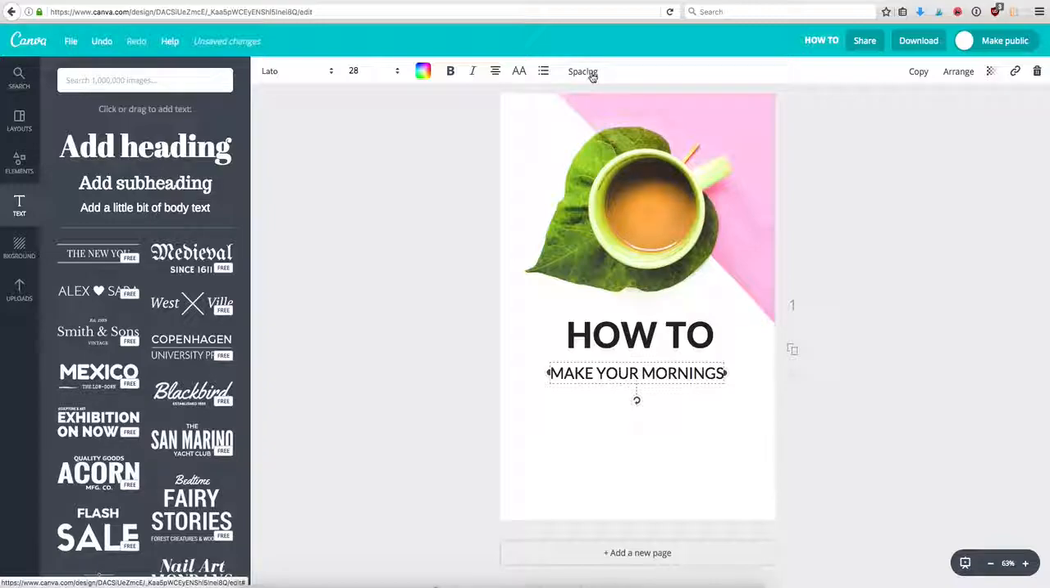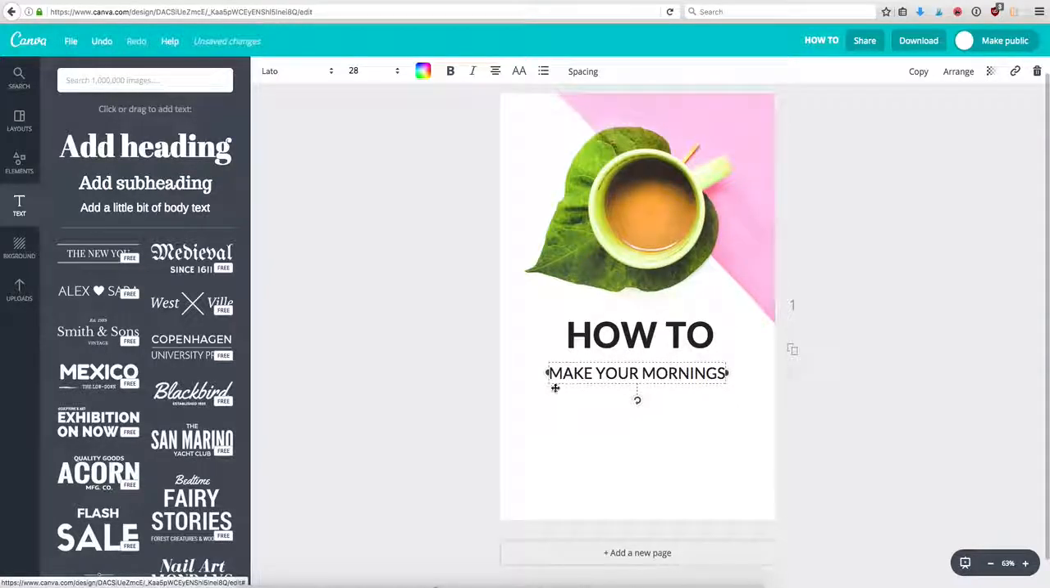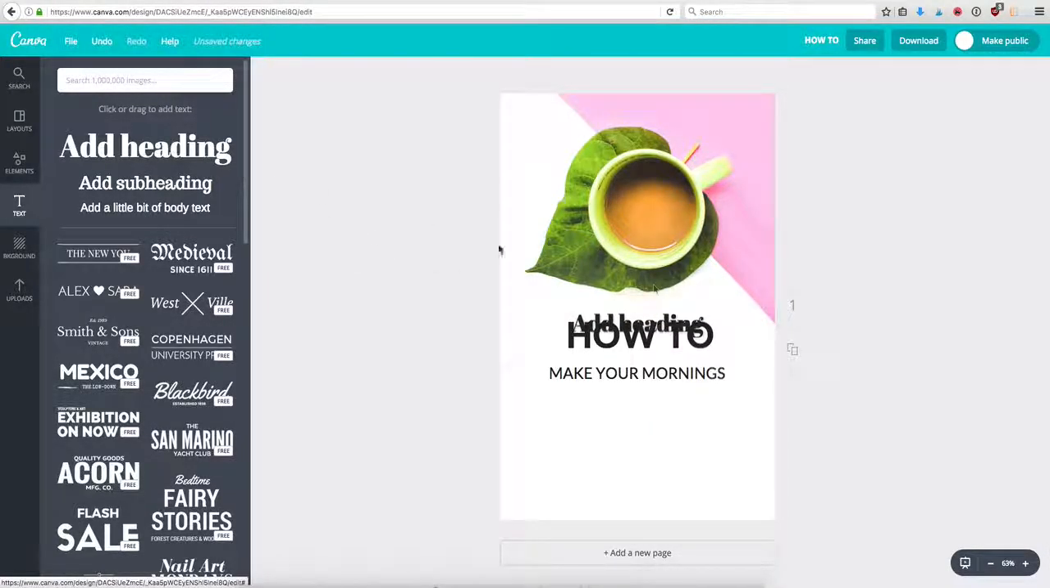Here you can play around with the spacing of your words. So you can stretch it out if you want, scrunch it in. And then your line height, I guess, is if you have a box and you have 2 lines when you're doing your headline. But I like to make each row its own little headline, so I can play around with it on its own. So that's what I like to do. So how to make your mornings, and then I'm going to use